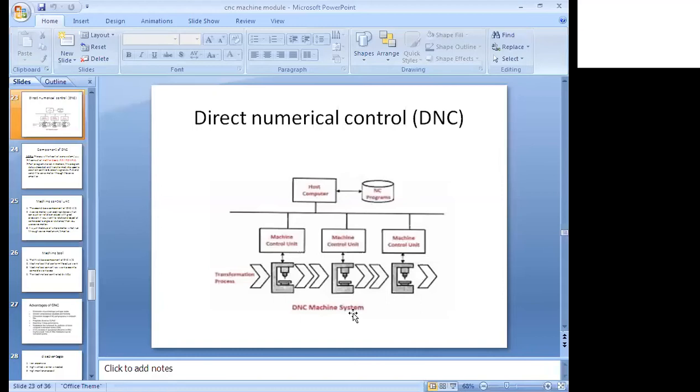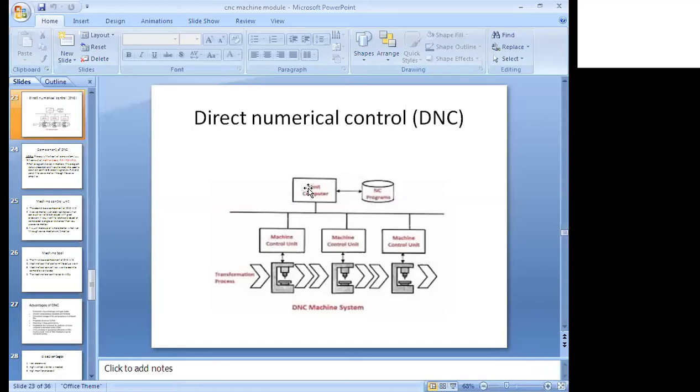The comparison of CNC and NC machines I discussed in the previous class. If we discuss it again, it will take another 1 hour, so I will send the slide to you. If you do not understand, you can also ask me. It is very important and very easy, not difficult, very simple. So we'll come to the DNC.